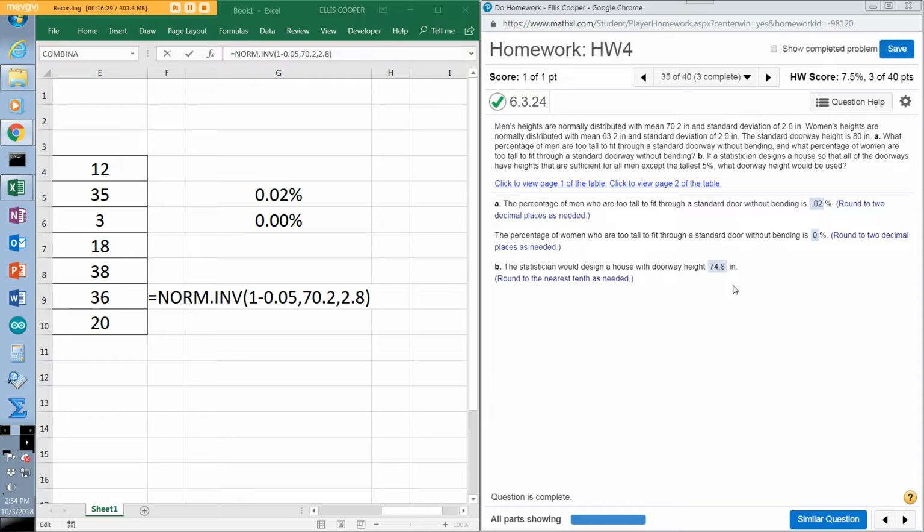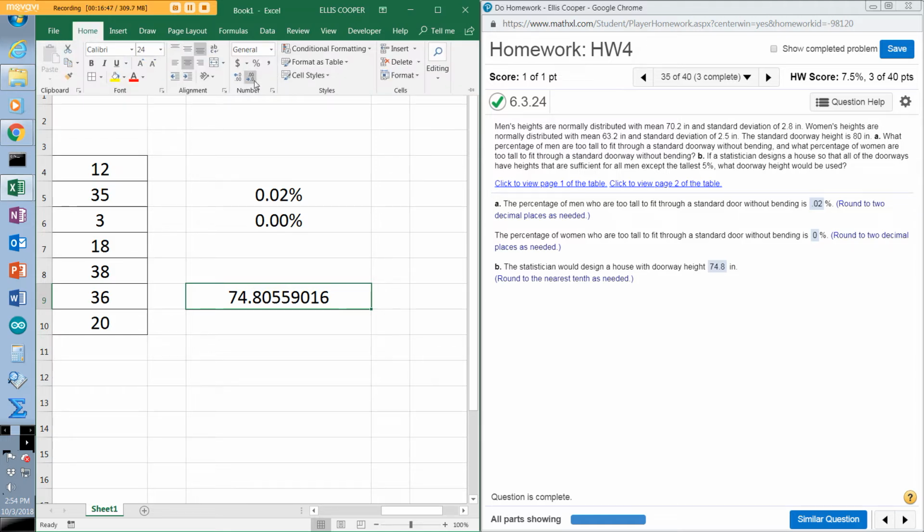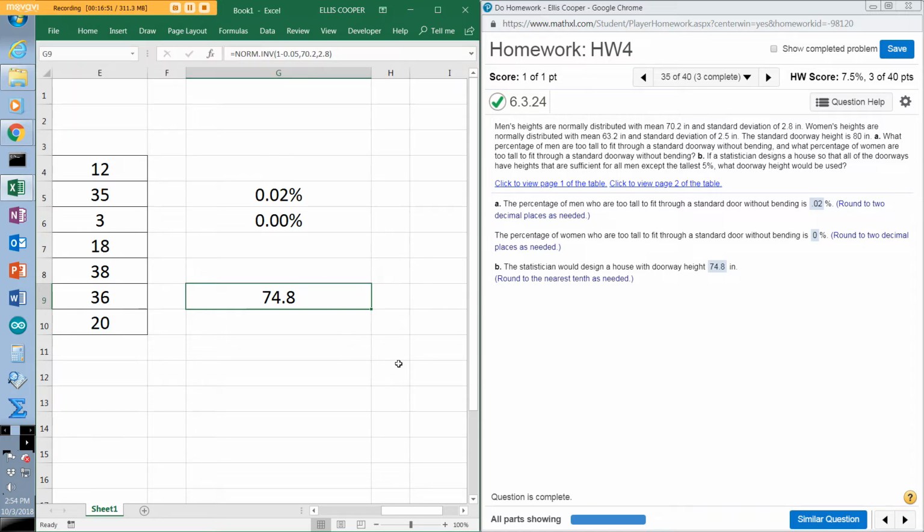5% are taller. Okay. There's nothing more to say about that. It's very complicated. Let me show you the formulas again for both parts of the problem. Actually, we'll bounce this down to one decimal place, because that's the answer we used. And the formulas